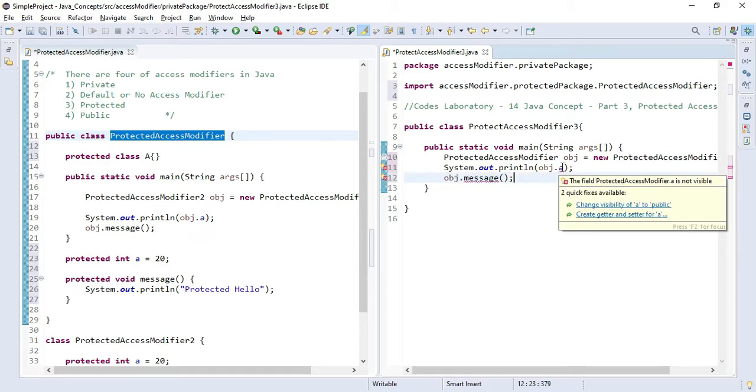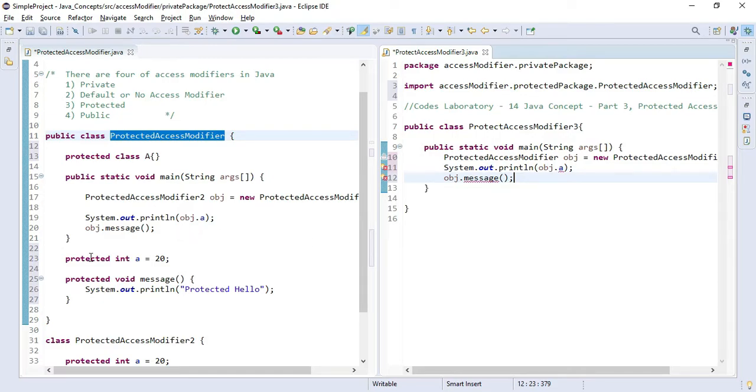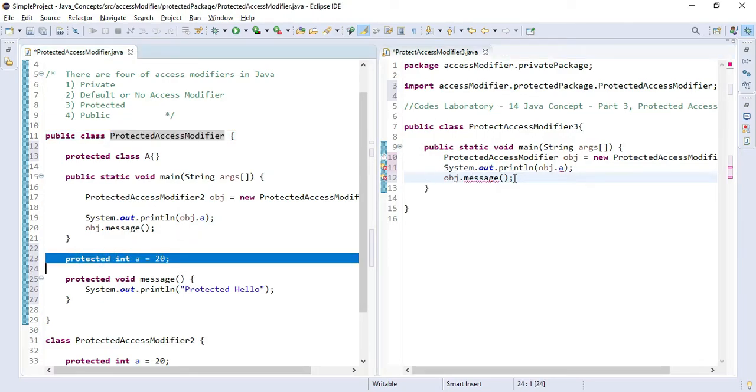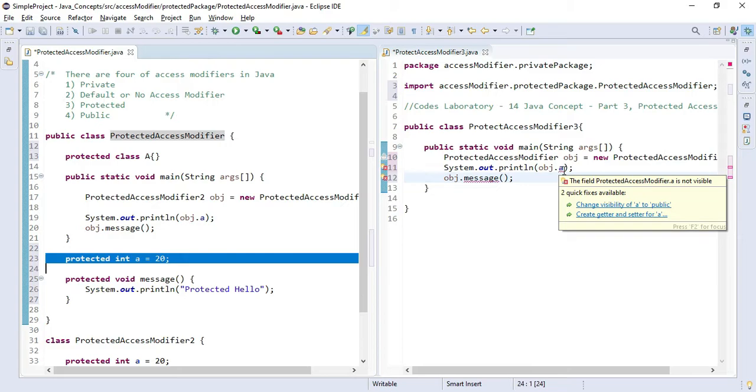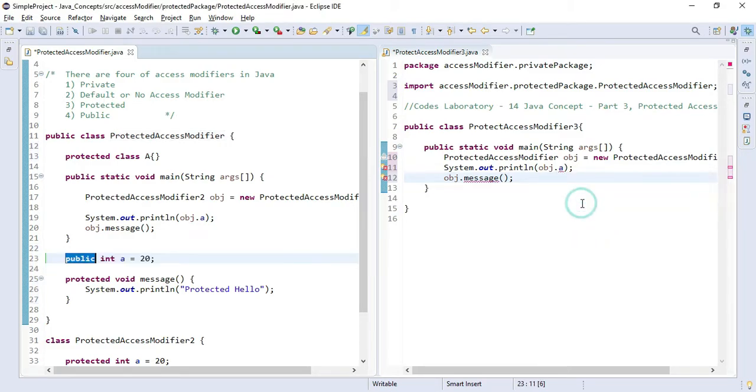If we go here, it says change visibility of a to public. As you can see, we have written protected, but if you take your cursor here, it suggests we change the visibility to public, and if we click on it, the error has gone, as public has been written in place of protected.